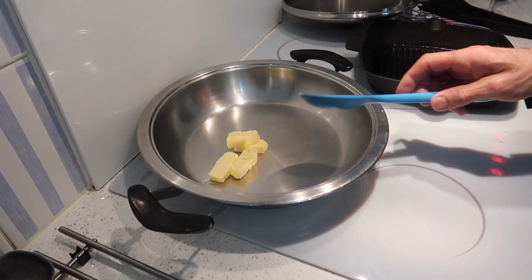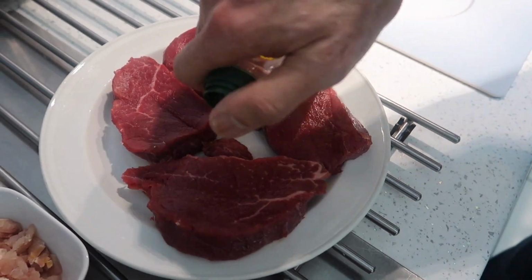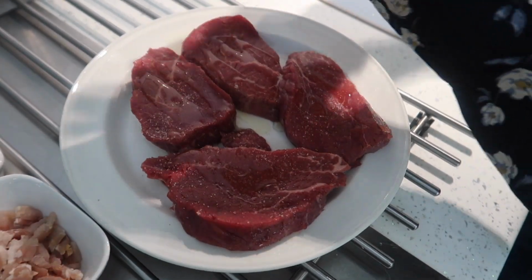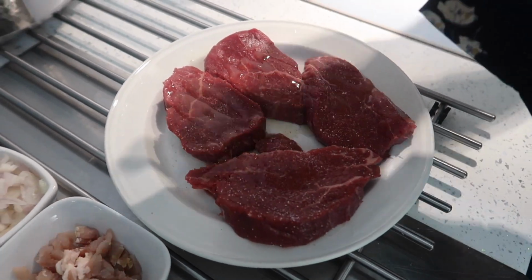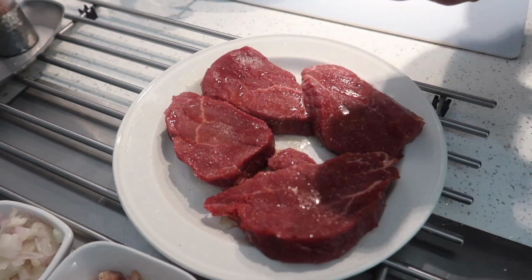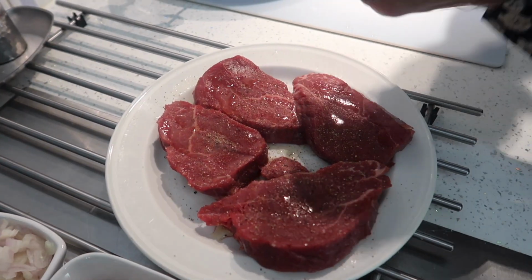So you've not heated the pan first? No, I'll just put the butter straight in. Okay. While the butter's melting, we'll just season the steaks. We'll just add a little olive oil. Some coarse salt. This is the pink Himalayan salt we use, which is what's recommended for the keto diet, which, by the way, all of this is keto friendly. Absolutely, absolutely. Don't know about the rosé, but...